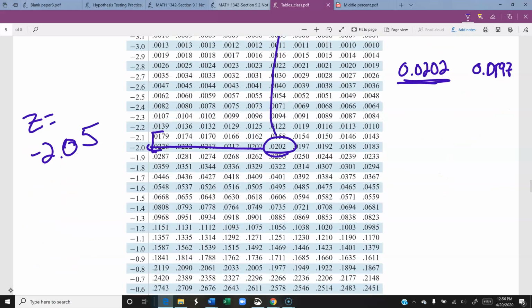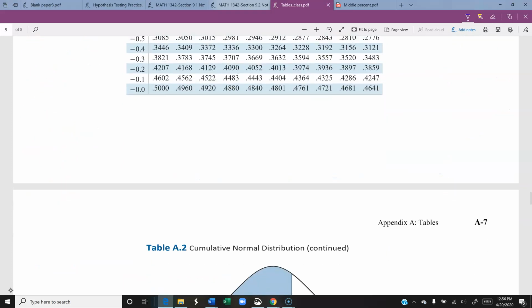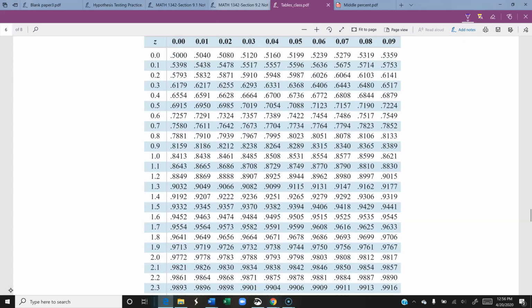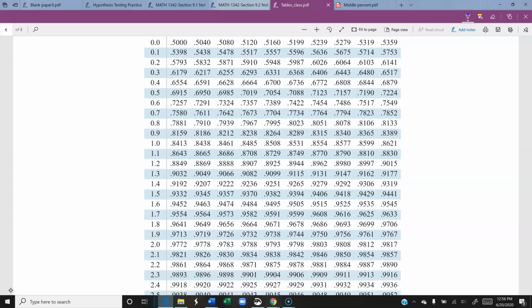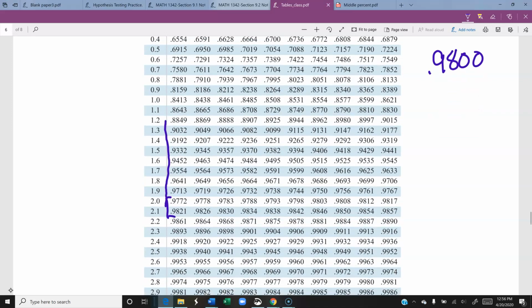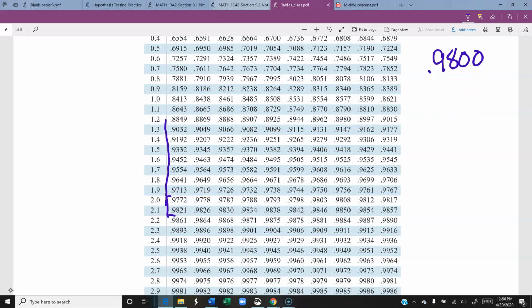I'm going to look for a 0.9800. Well, I got to scroll down because that's going to be down here in the positives. And again, I'm looking for a 0.9800. So I have 0.9697. Okay, here's where it changes from a 0.97 to a 98. I come over